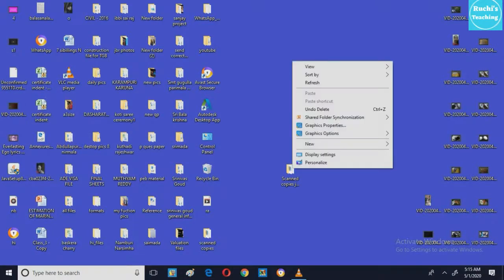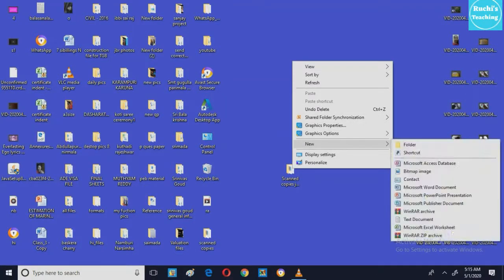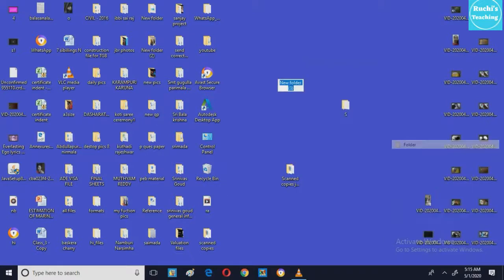Now I will show you how to create a folder. Give a right click on the screen. When I give a right click on the screen, I get this menu. From this menu, I will select the New option. When I click on the New option, I get folder, shortcut, and many others, but I will take only folder, because I am showing you how to create a folder. When I click on that, a folder is shown on the screen. Now I will give some name to it, T. Now just one click, and with the name T a folder is created.